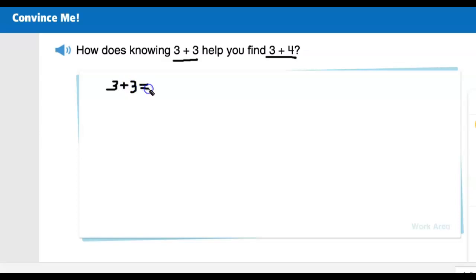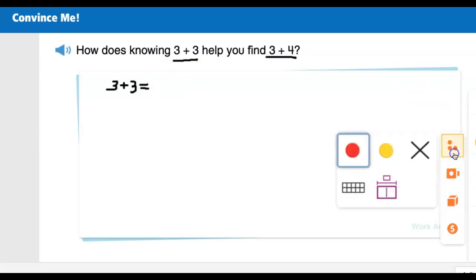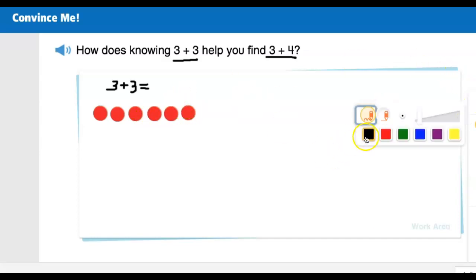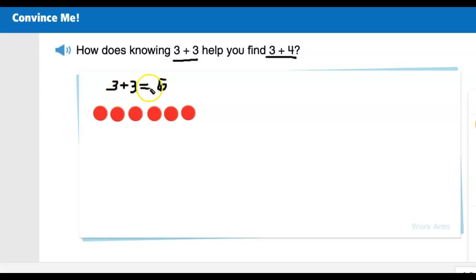I know some of my friends can do this on their fingers, some can do it in their head. So if I have 1, 2, 3, and I add 1, 2, 3, that gives me a total of 1, 2, 3, 4, 5, 6. So 6. Correct? So if I know my doubles fact, 3 plus 3 is equal to 6, and I need to find what 3 plus 4 is,